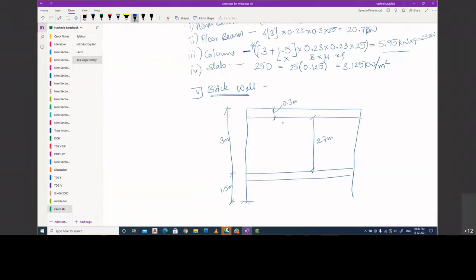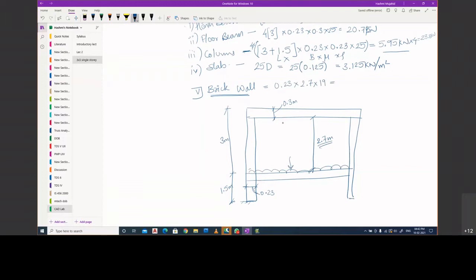Similarly, you have columns whose thickness is 0.23 from either end. You can subtract it if you want, but right now I'm not subtracting the thickness of the column. I'm assuming the wall would be there throughout. The load because of this wall is equal to its thickness, 0.23, multiplied by its height, 2.7, multiplied by its unit weight density, that is 19.